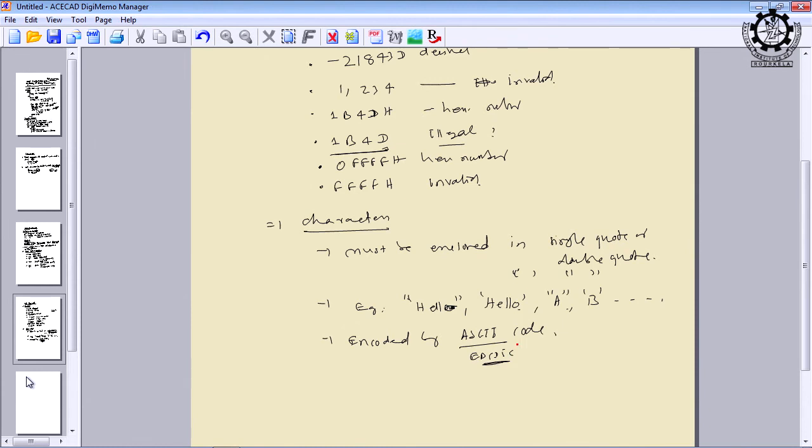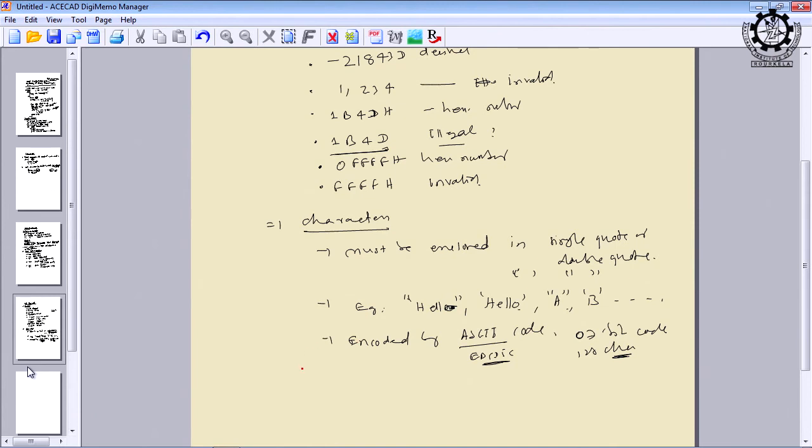90% of the world follows ASCII. ASCII stands for American Standard Code for Information Interchange, and it is a 7-bit code. To make it a byte, you can observe the leftmost bit in the ASCII code is always 0. Therefore, 128 characters can be represented using ASCII, and on the keyboard we hardly have 101 or 105 characters, so it is well within 128. Almost all characters in the English alphabet and some special symbols can be written using ASCII codes.